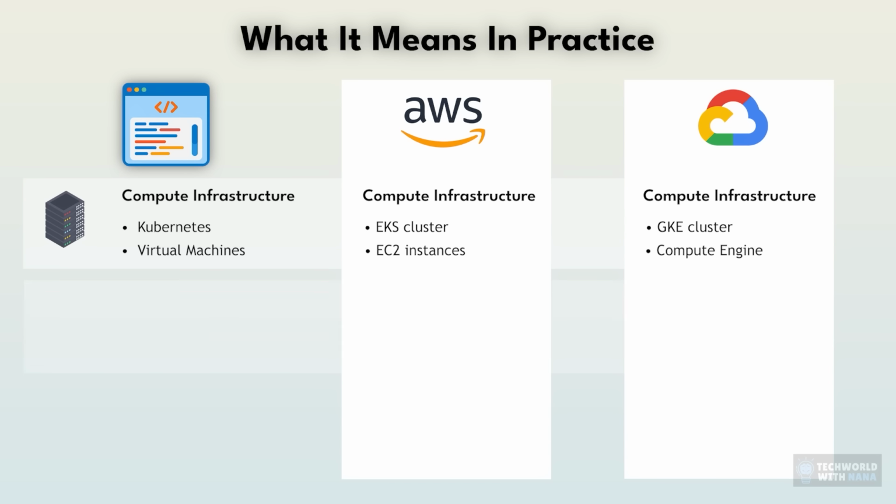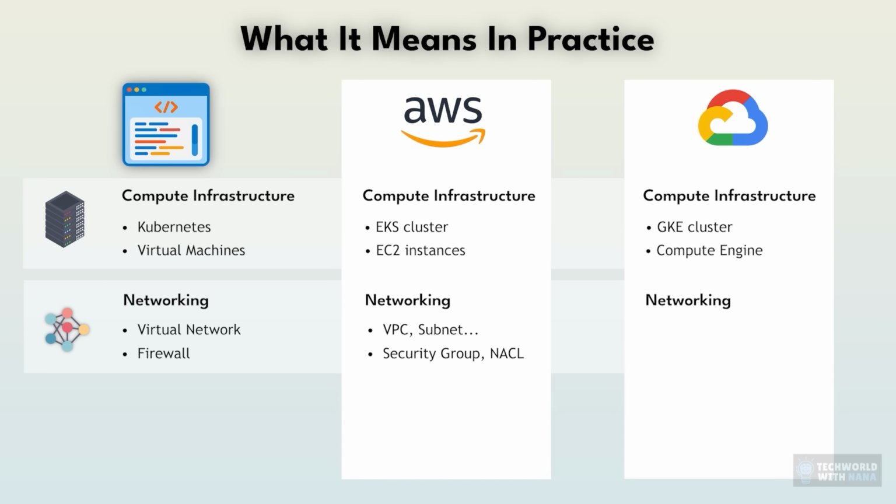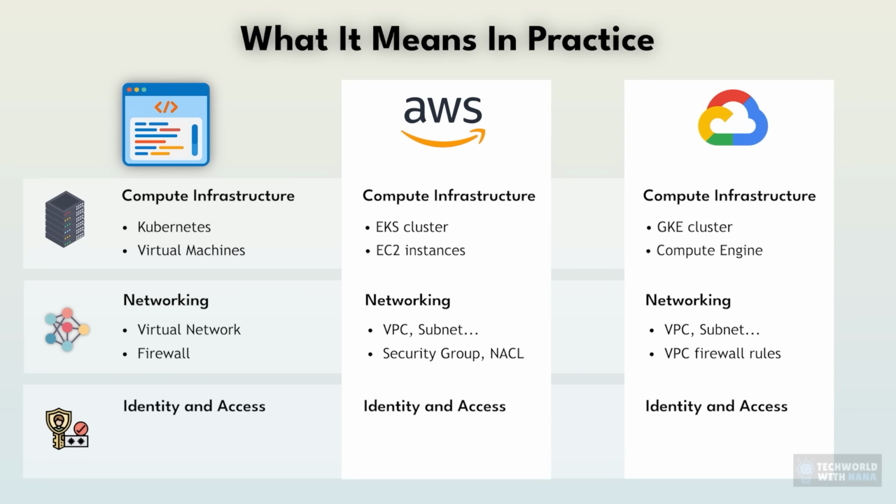You will, again, need to configure networking in both clouds. You will need VPCs on AWS with subnets, security groups, load balancers, and you will need VPCs on Google Cloud with its own subnets, firewall rules, which work differently than AWS security groups, load balancers, which also work a little bit differently. And again, we have identity and access management, which basically means permissions and how different services can be accessed securely. So on AWS, you will set up IAM roles and policies for your services. On Google Cloud, you will have to set up service accounts and IAM permissions, which is also a pretty different system, different concepts, different configuration. So you are essentially maintaining 2 complete infrastructure setups.